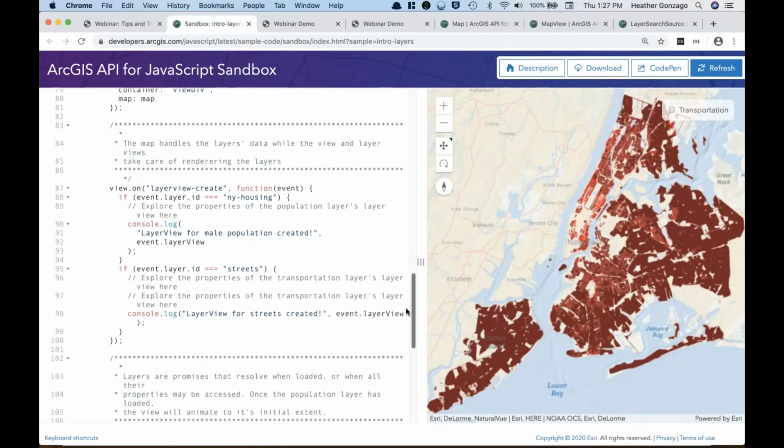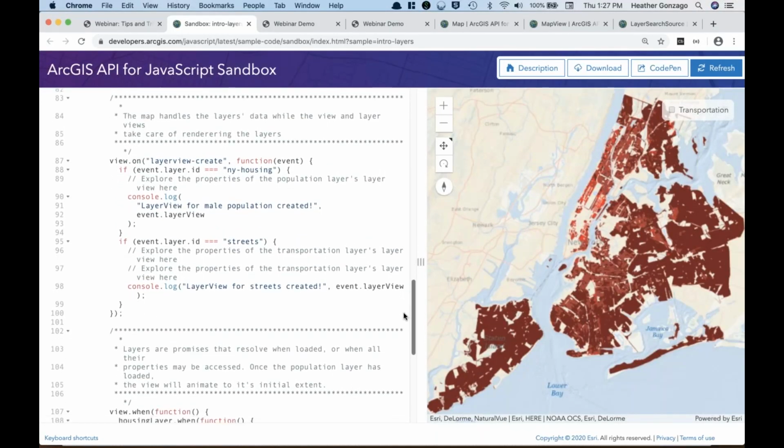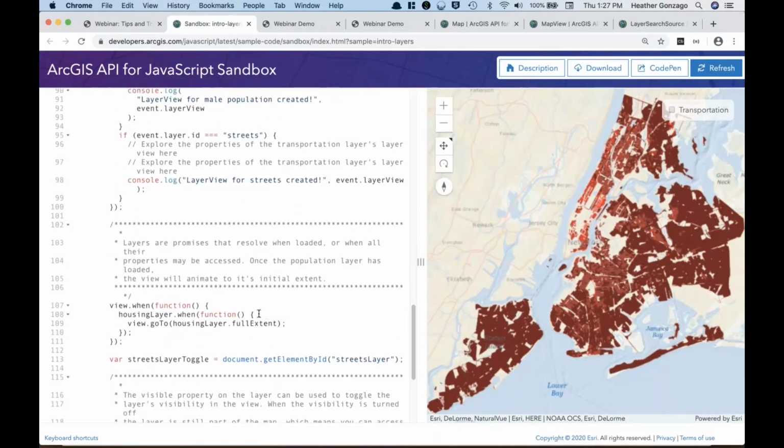So basically what we're doing is we're bringing in this layer, and then once the layer is fully loaded, we're going to zoom to the location of that layer's full extent. So we're saying, when this view is ready, take my layer. When that layer is ready, so when that's fully loaded, go in and zoom to the full extent. So if I comment this out